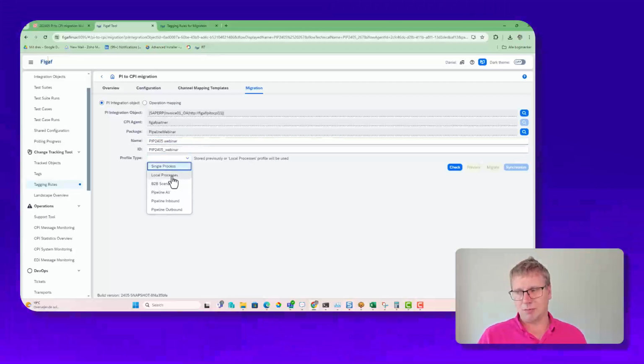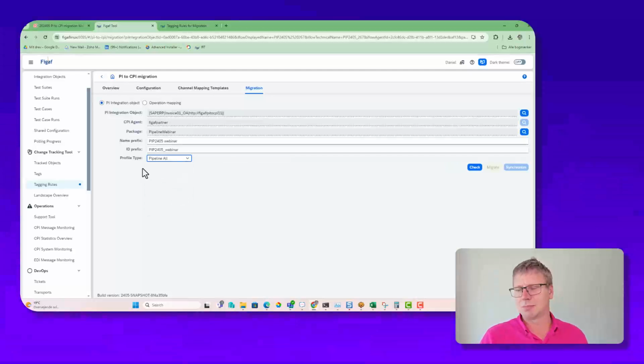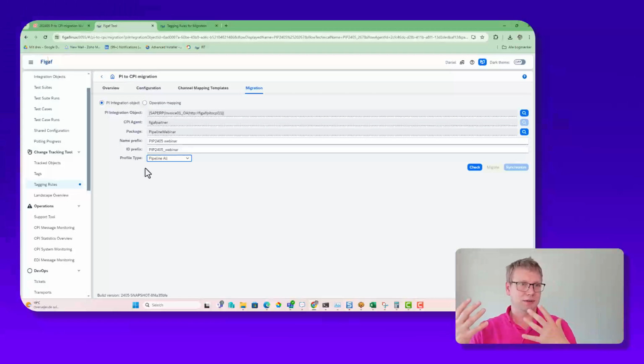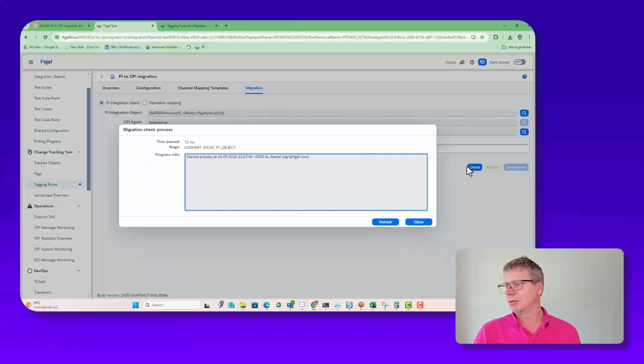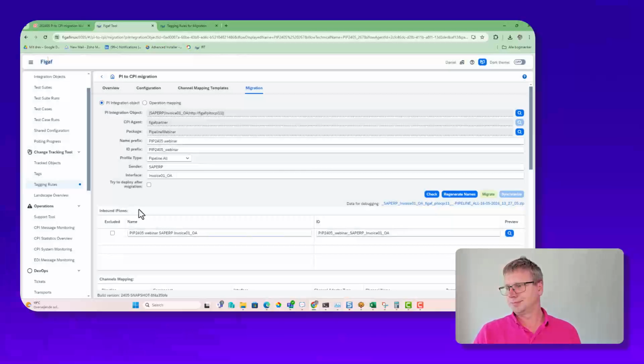Then we have a number of profiles. We have our local processes, we have our B2B scenario process, and then we have this pipeline all. And pipeline all will enable us to create all of these relevant artifacts. So let me show you. We will click here on check, which will then go through and see if we have all the relevant components in place. Because we have selected pipeline all, it comes up with